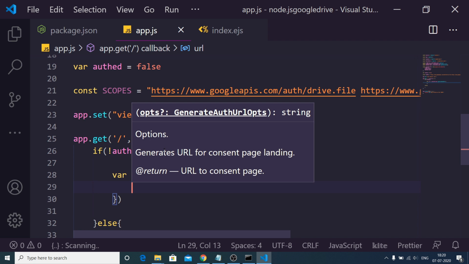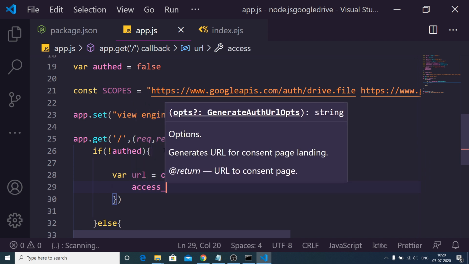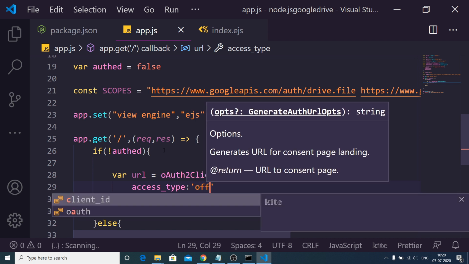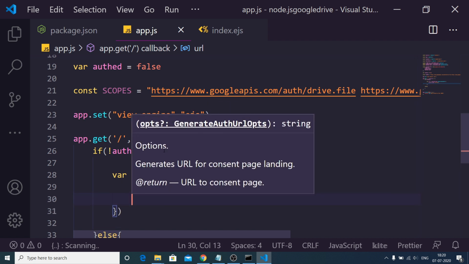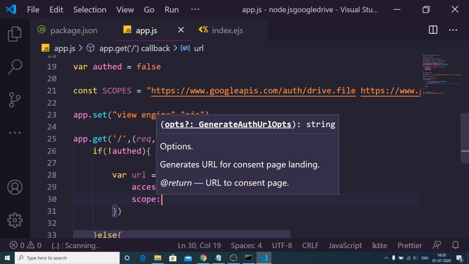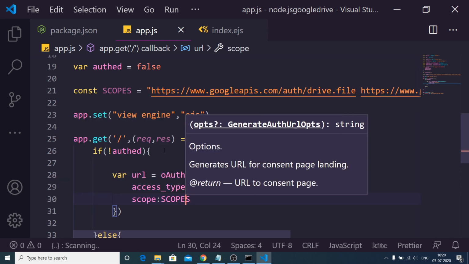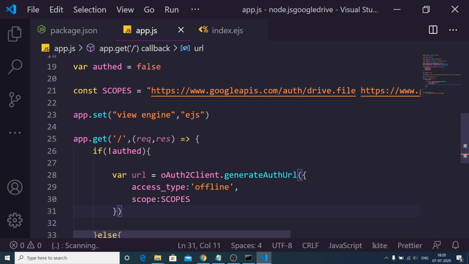Inside this method we need to provide two parameters, which is access_type set to offline, and scope, set to the scopes that we have defined here. You can see that like this. And now our URL is ready.